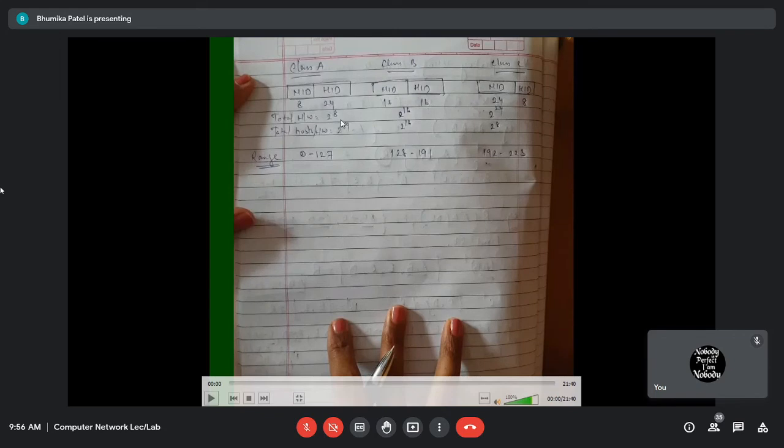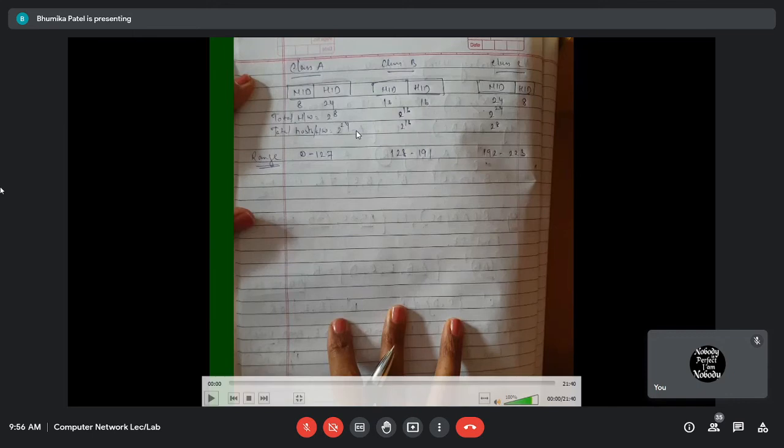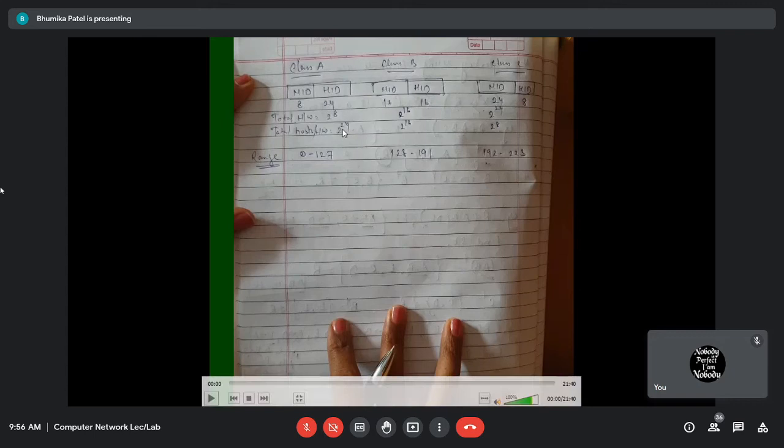So, if we consider Class A, the number of hosts, that means the number of devices we can configure in a single network of Class A, will be 2 raised to 24, as 24 bits represent the host ID. And why is it 2? Because we are considering binary numbers. Binary number possibilities are only 2, zeros and 1. That's why I'm taking 2 here, and it is raised to 24 because there are 24 bits for the host ID, and the number of networks will be 2 raised to 8 minus 1 because the first bit will be 0.